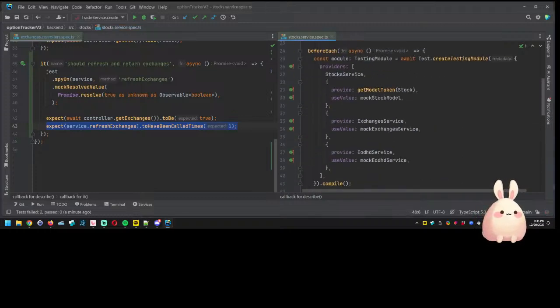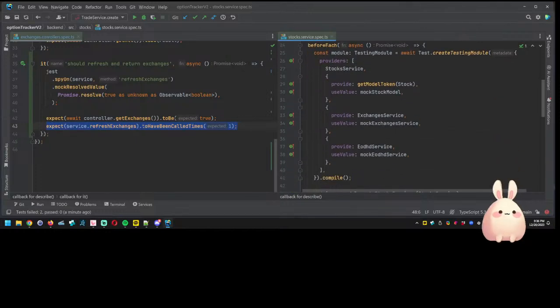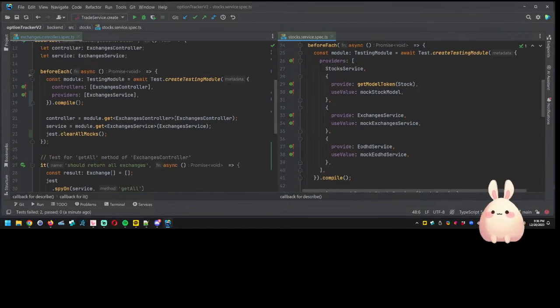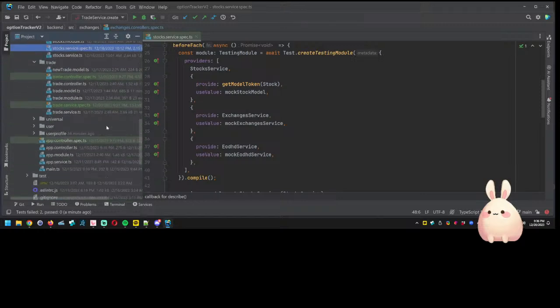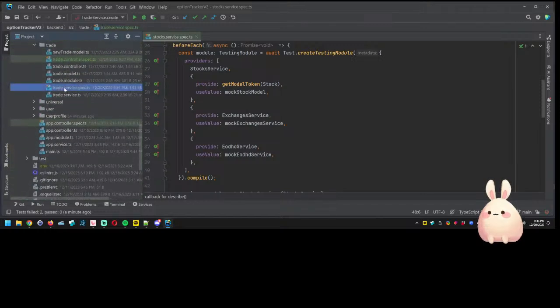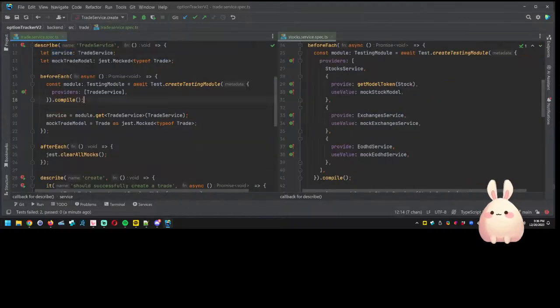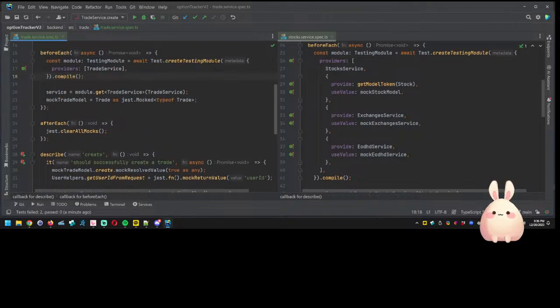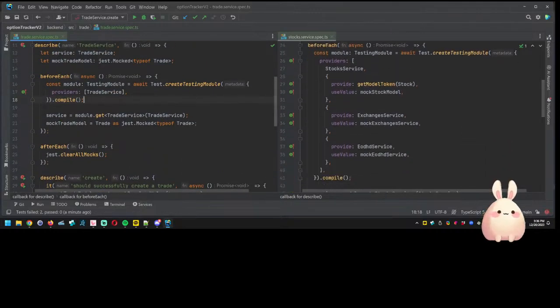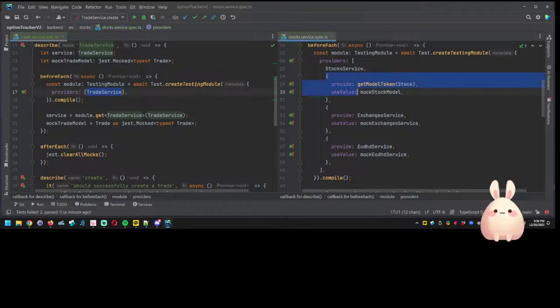Let's see. It looks like we created a provider up here. So we're looking at the wrong thing. We need to be down here with the trade service and have you right next to the stock service. So if we take a look up here, we have the module provider of stock service, but we don't have this. So what we want to do is probably say this,